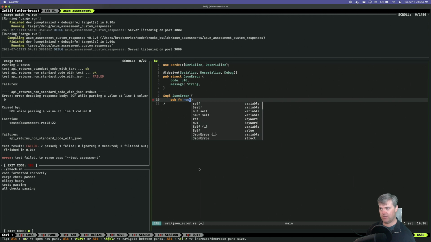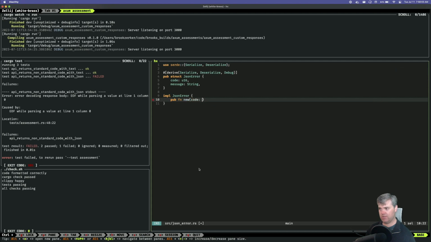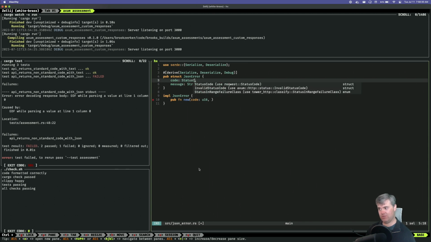So if we pass in a code, we use 16. Because if I really want to get clever with this, what I'd probably do is say code is actually going to be a status code. This is actually a status code.